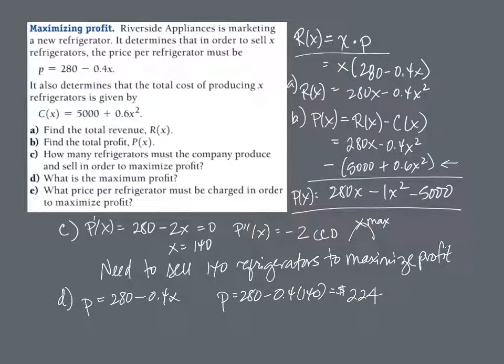Take the first derivative, find the critical value. That's the place where we have a horizontal tangent. Do the second derivative test to notice we're always concave down, which makes sense. This was a parabola, so where we have a horizontal tangent, that can only occur at a maximum. And so that tells us how many refrigerators we need to sell in order to maximize our profits. One thing is you always want to verify that this is in fact a maximum. So we used the second derivative test to verify a maximum. You can't just stop at, oh, x equals 140 and we're done.